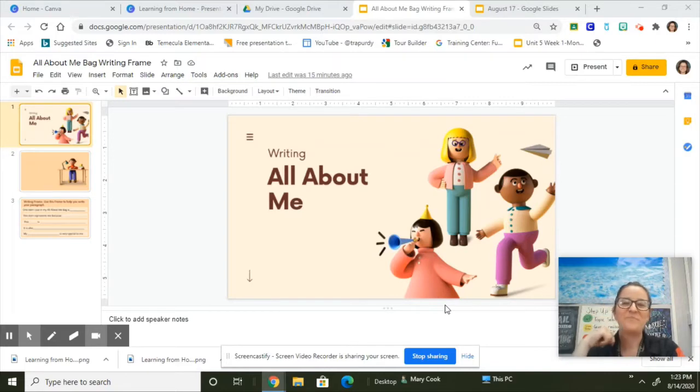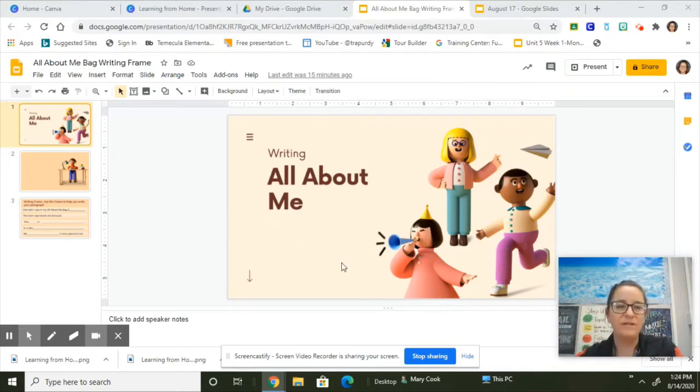So yesterday I showed you my 4 things, and the one I chose to write about today is my medal from my 5K that I ran last year. And I will be writing about this medal today. I'm still going to hold on to my box with all 4 things because remember, we're going to present them tomorrow on Wednesday and tell the class about things that are in our box. But for now, we're just writing about one.